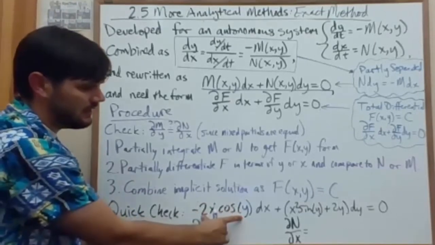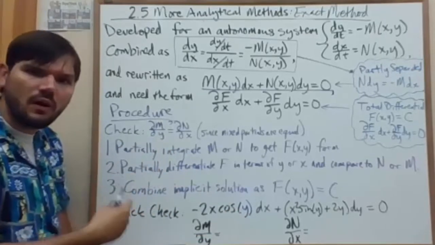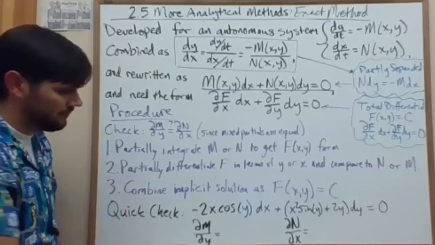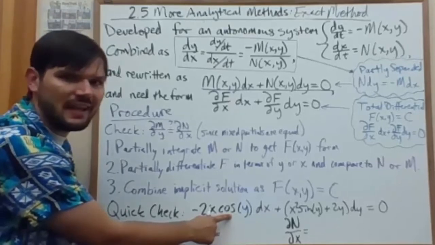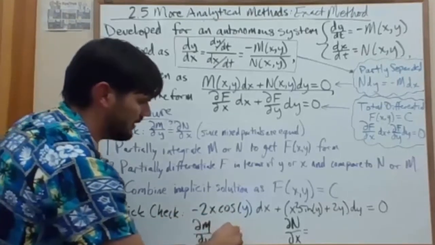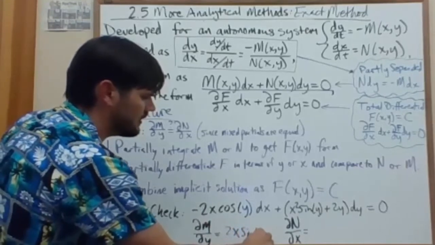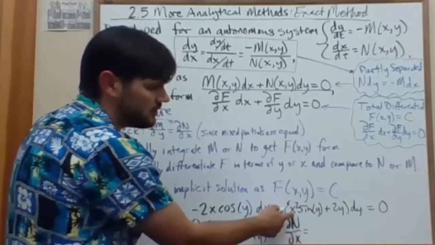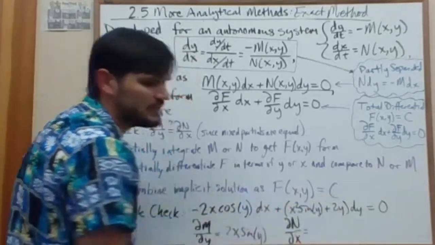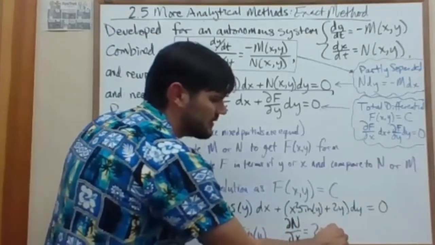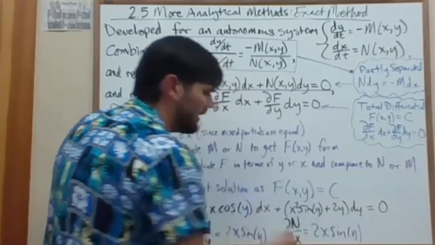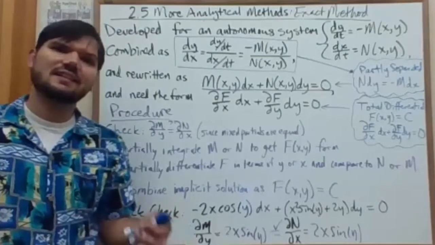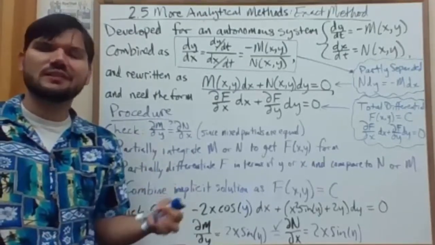So we take the x multiplier and take the y partial of it. Differentiate in terms of the other variable. So the cosine of y gives us a negative, canceling out this one, and sine of y. So 2x sine of y. On the right-hand side, the x partial treats the x as a variable and the y as a constant this time. So the x squared goes to 2x, and we're left with a sine of y. Since those are equal, we know that this is an exact differential equation,